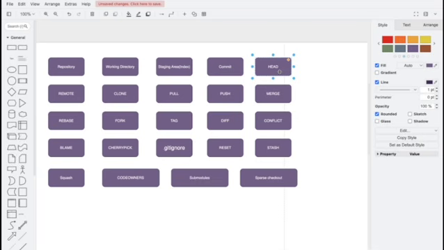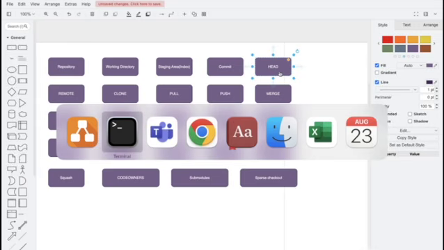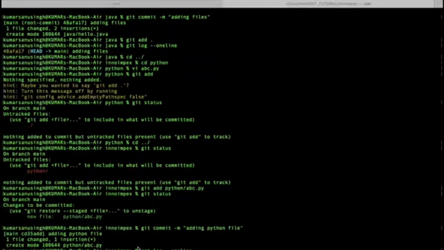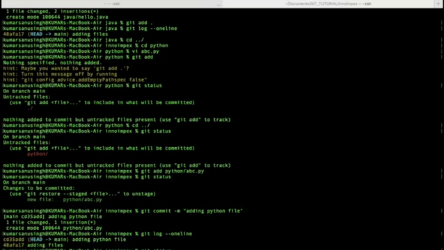Now let's come to the next point, which is head. What is a head? Head is nothing but a pointer. For example, in this command git log -1 line, we were seeing head. Where is head pointing? It is pointing at main. What is main here? A branch. So head tells you which branch you are on, and what the current commit of that branch is.